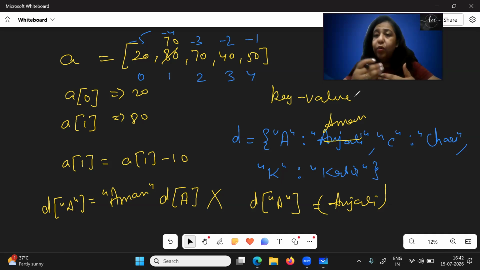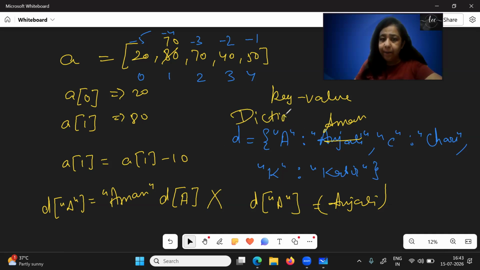I cannot have two keys like A. So if A is there, A is one key. If you try to put another value at A, the previous one will be gone. Like if I write A is equal to Aman, obviously Anjali will be erased and the value for A will become Aman. We can modify it, but we cannot have two entries with the same key. So the keys have to be unique, right? So key value pair is a dictionary